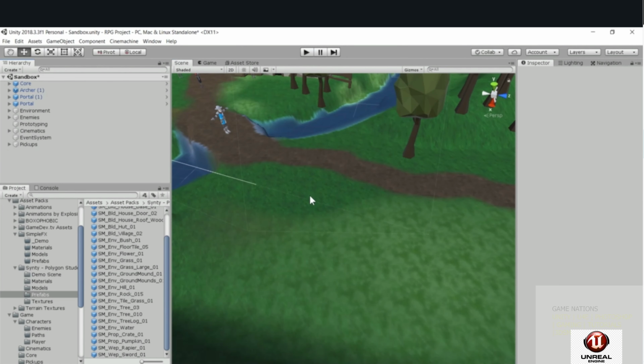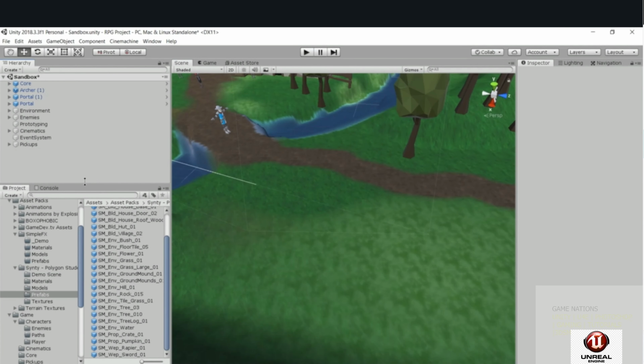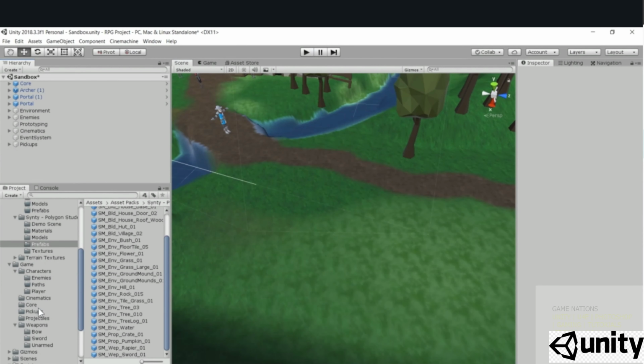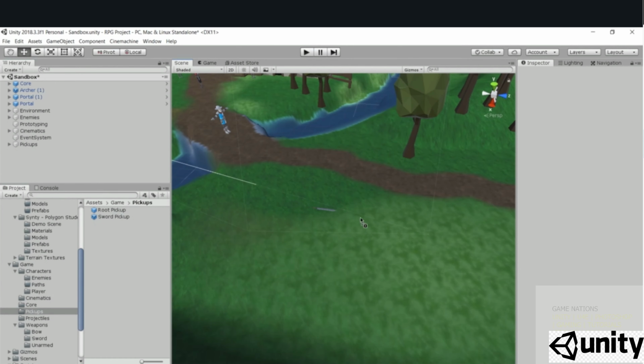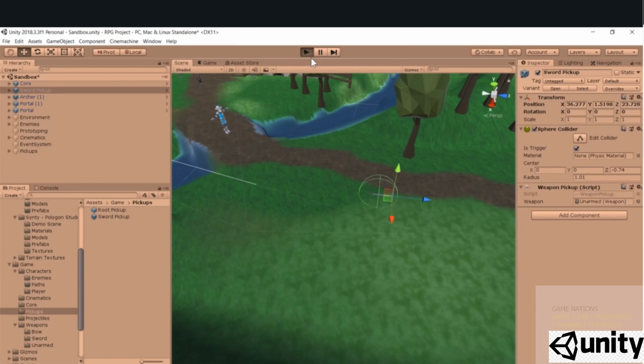We'll just do a little bit of sanity check to make sure that worked properly. And I've just noticed while editing my video that I forgot to delete my previous sword pickup that's now sitting in my scene just with the root pickup. So it's lost its mesh. So make sure you delete your old pickups so that they're not going to get in the way and be little invisible death traps. And scroll down to pickups, drop the sword pickup into our scene,